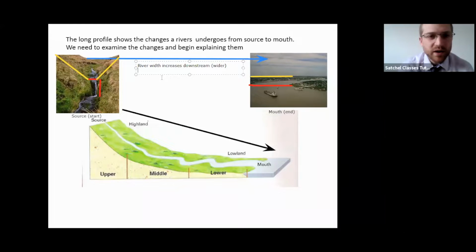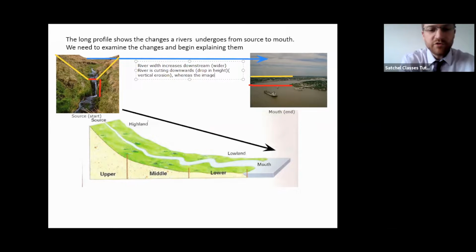Okay, we can also see that the river in the upper course, we can see that there's a visual drop in height. So the river is cutting downwards. And this is where we can see that drop in height. So following on from that point, we can visually see that drop in height. So this is called, and I'll put in brackets after, vertical erosion. So this is the river trying to cut downwards,